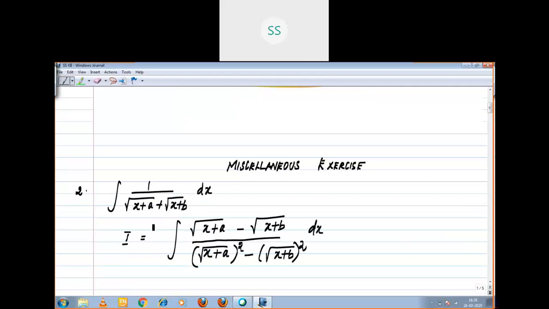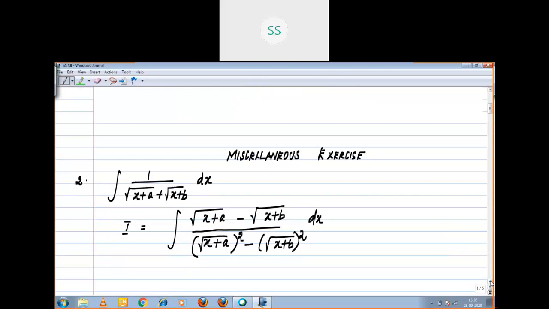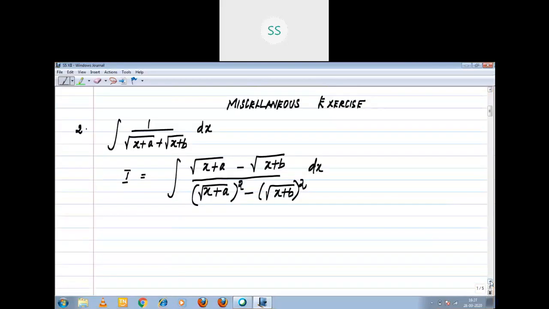The given integrand we cannot integrate directly. So what you did, using the conjugate, you multiply both numerator and denominator and make the integrand into the simplest. If you make the integral into the simplest, we can integrate easily, right? Now you see